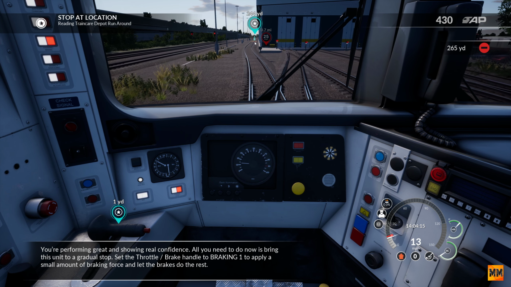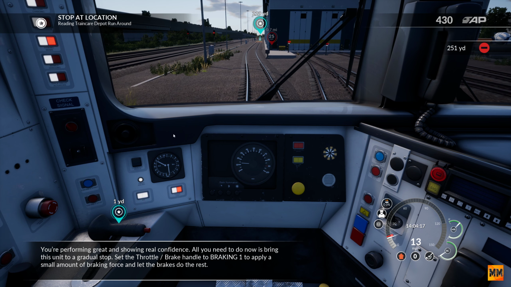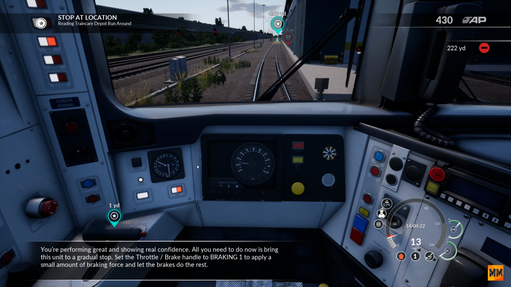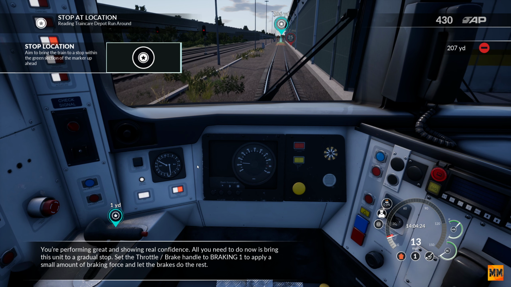Now, bring this unit to a gradual stop. Set the throttle brake handle. You're performing great and showing real confidence. All you need to do now is